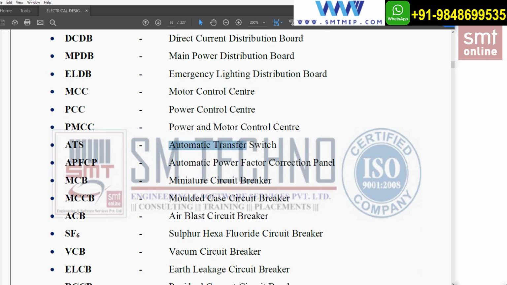Next is ATS, automatic transfer switch. For example, in my building, I have a generator and a transformer. Generally, 90% of the load we provide by means of the transformer only. In some cases, for the maintenance point of view and the reliability point of view, if there is any interruption for the transformer, the generator will work. Instead of operating the generator manually, we have this concept called the ATS panel, automatic transfer switch. Whenever there is an interruption, it will send the signal to the generator within less than 5 seconds.